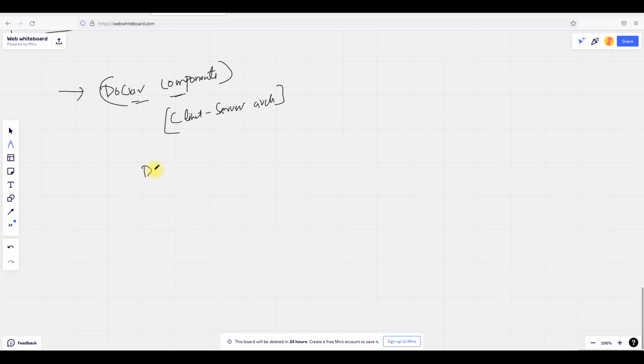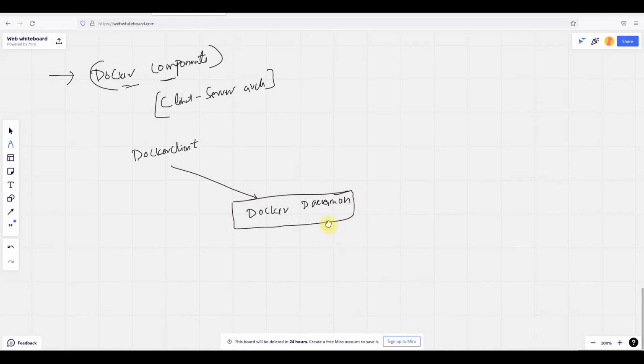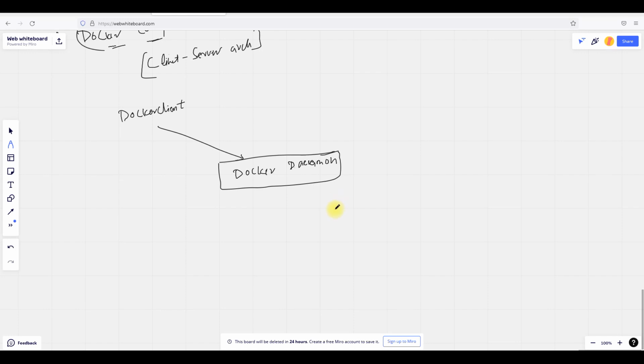Now I can say that the Docker client is going to hit your Docker daemon. Here you will have all your images and containers. Okay, I'll mark it as my